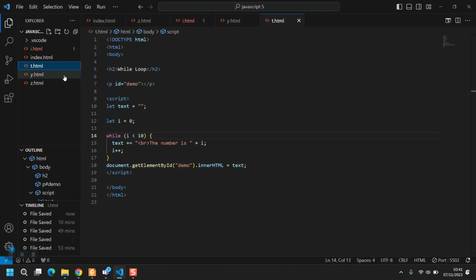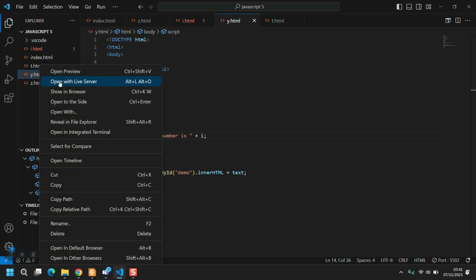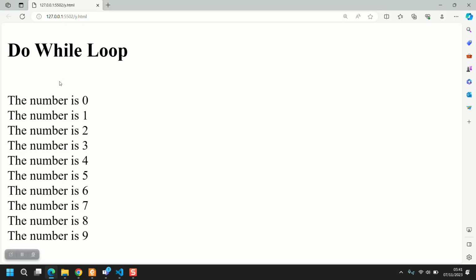The syntax of do while is a little different. We have the same exact code. We initialize the variable, and it says do the body of what you want the computer to perform. Then it iterates, and then it checks the condition. So the condition is checked last, after you perform the statement. So now you see that the code is identical, the result is identical, but